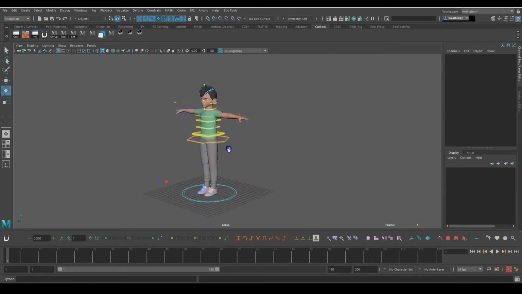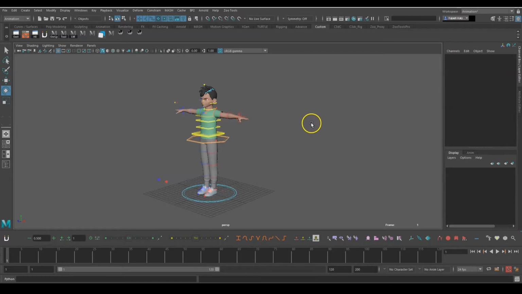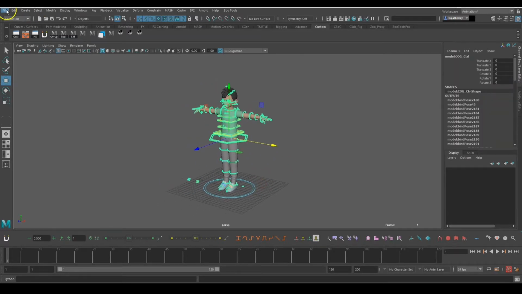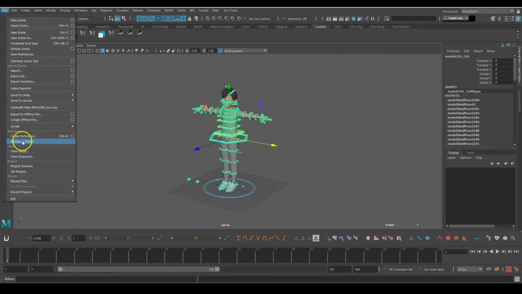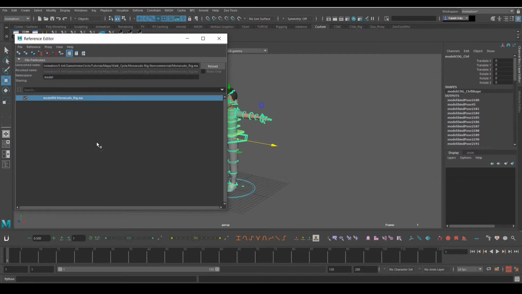The character I'm using is from characterx.com, and this is the character. Before you start in Maya, go to File, then the Reference Editor, and reference the character. It is easy: if your character is broken or you have updated the character, you can easily reload it or replace the reference from here.